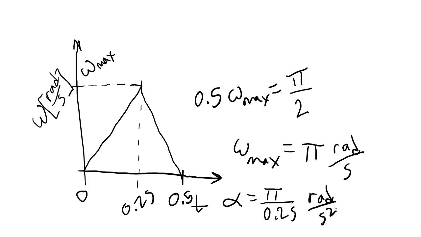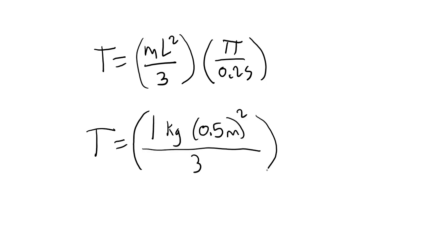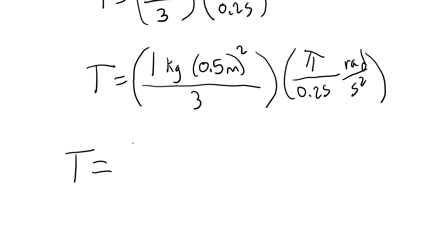Now that we have alpha, we can plug this back into our equation to get the total amount of torque. Let's substitute in some values for mass and length of the rod. Suppose that the rod has a length of 1/2 meter, and suppose that the mass of this rod is 1 kilogram. This gives us a torque of about